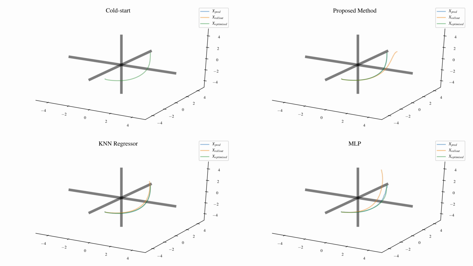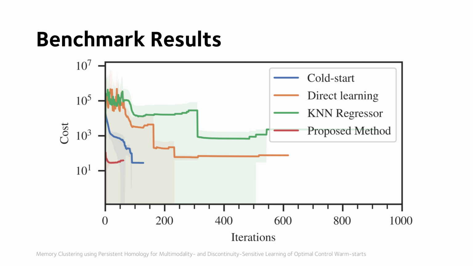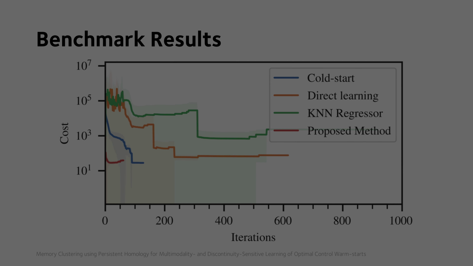We now perform a benchmark with randomly sampled initial states. We compare the iteration and time to convergence as well as the final cost. Looking at the convergence versus iterations, we can observe that class-agnostic learning, despite a low initial cost, performs worse than a cold start as the algorithm closes the gaps of the dynamic defects, and that our method has both a low initial cost as well as converges faster than the other initialization methods.